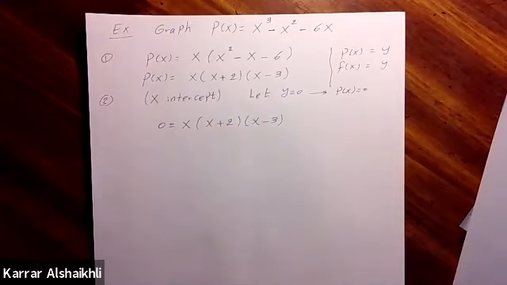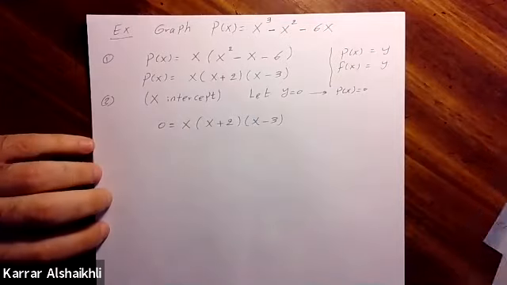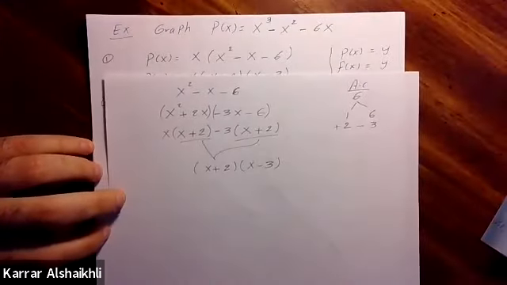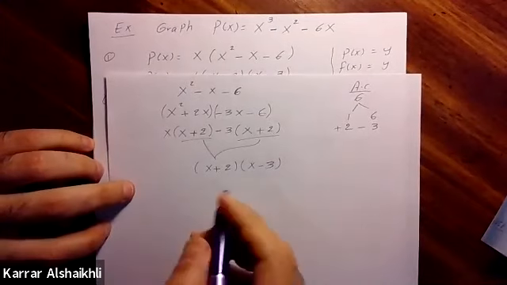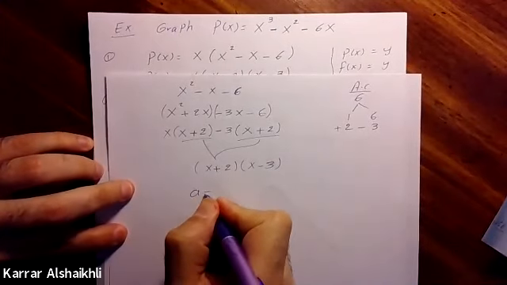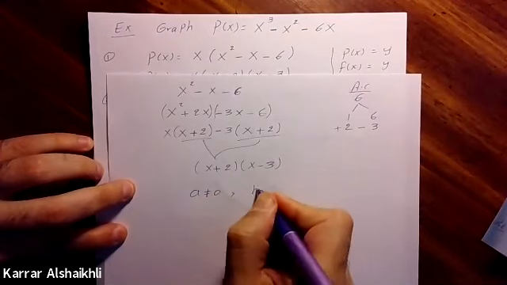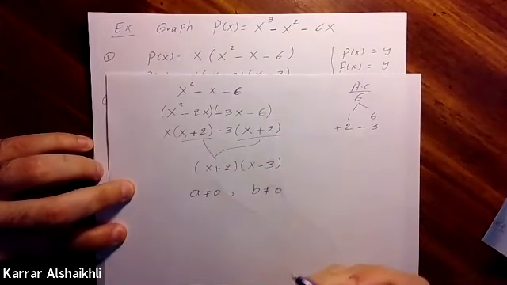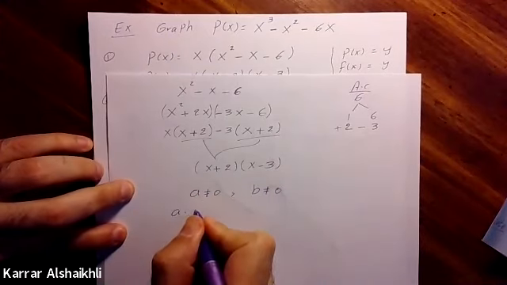Now we have to move on. How are we going to find the solution? If you remember, by using the zero factor property, let's do it here on the side. Zero factor property, if you remember, I told you if you have A not equal to 0 and B not equal to 0, when you multiply these two numbers